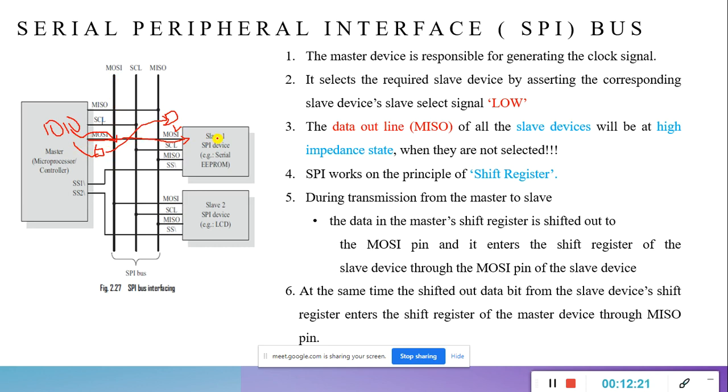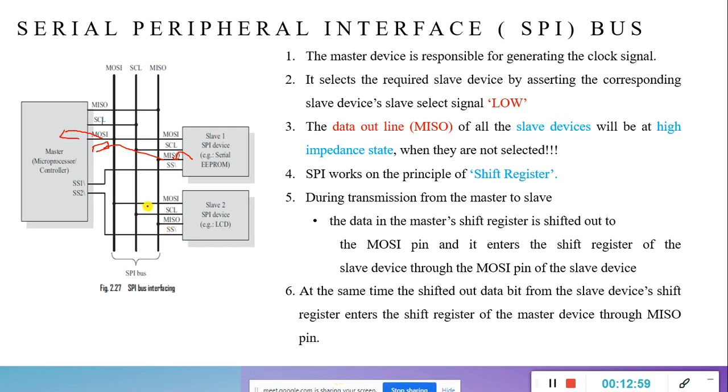The same thing is true with data reception also, data transferring from slave to master. Initially the data from the slave is placed onto the MISO, then it is shifted. This is also a shift register. Once again from here the data is shifted to this, then it is read by the master device, at the same time as the shifted output. That's what the sixth point says.